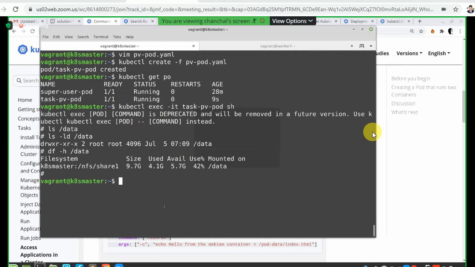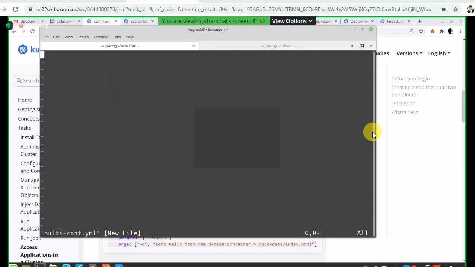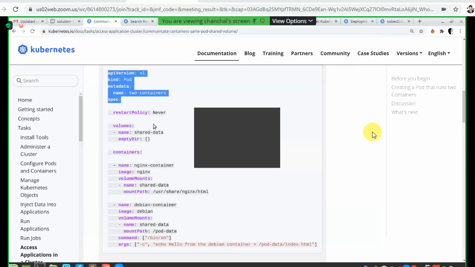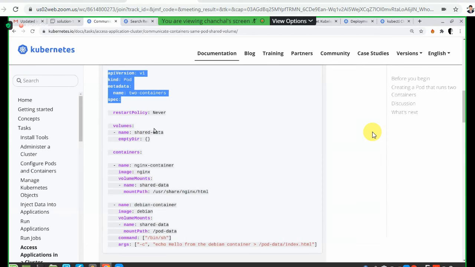And we can write the code: vim multi-container.yaml. Let's see whether we can do it from here itself. Insert, paste it. Okay, spec. In the spec itself, whatever we need to type is containers first.